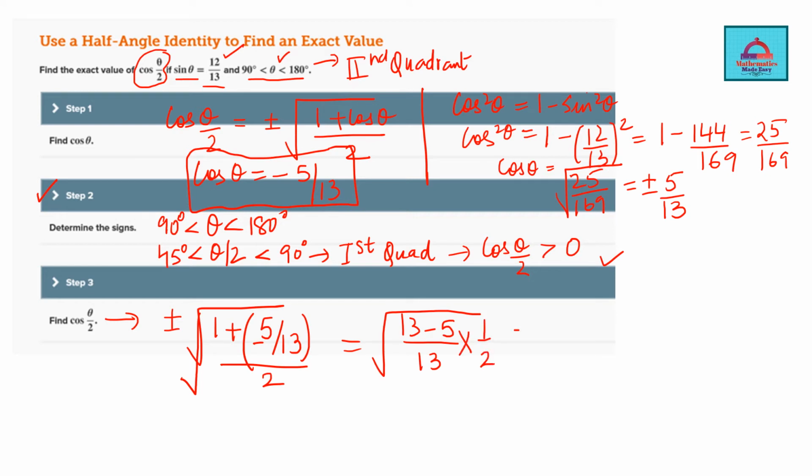So 13 minus 5 over 13 divided by 2, which is same as multiplied by this. Let's do the simplification. So 13 minus 5, that is 8 over